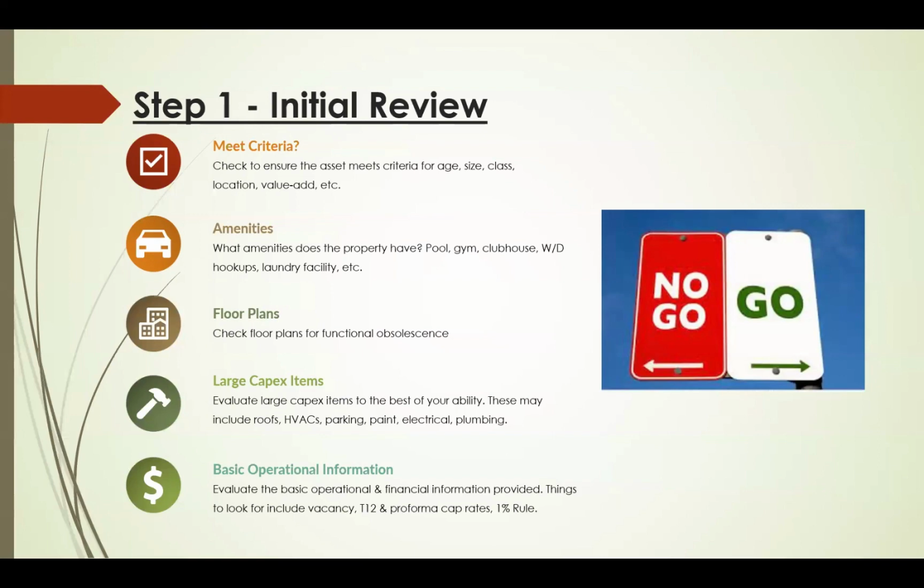Throughout the process, they're all stage gates. So we are checking and saying, okay, are we going to move to the next step? And the real reason behind that is it's not easy to find a good deal that meets all the requirements and will hit those return metrics. So we have to look at a lot of deals, and we don't want to just be looking at anything